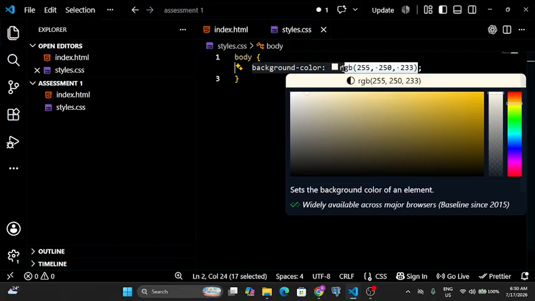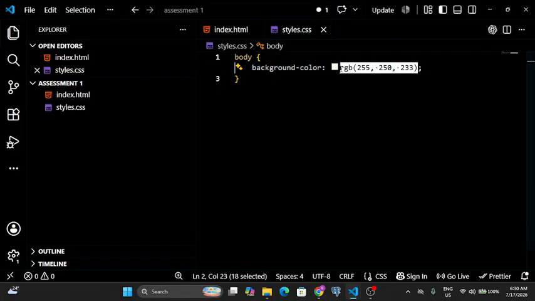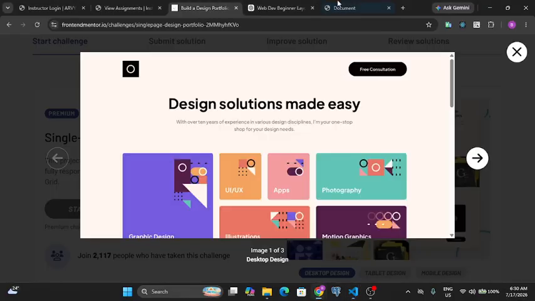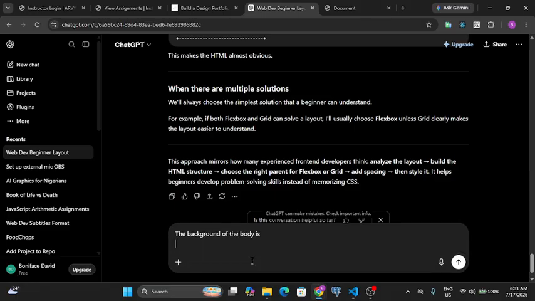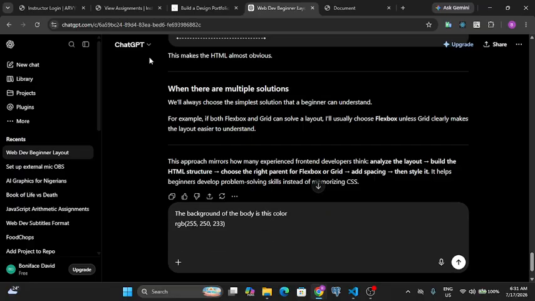We are still going to tell ChatGPT that the background of the body is this color. So we give it the color, so that it knows. Then we can now start and tell it that